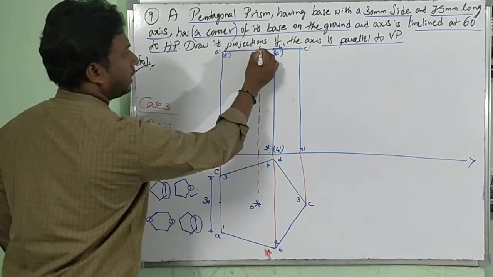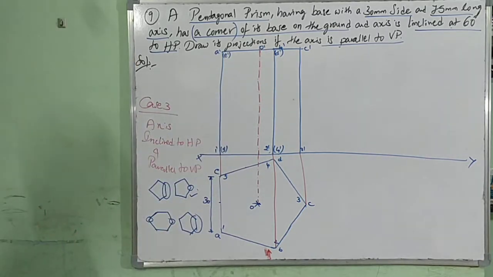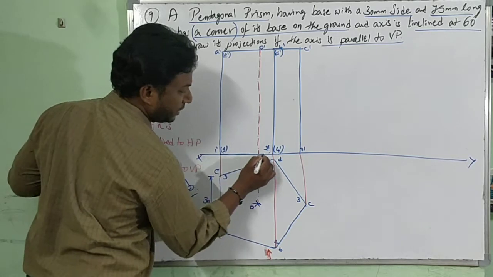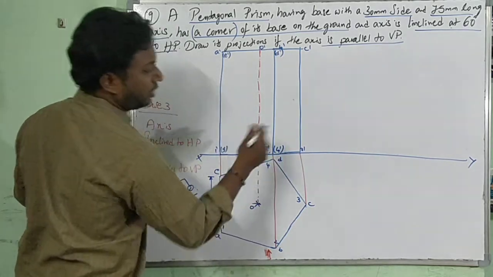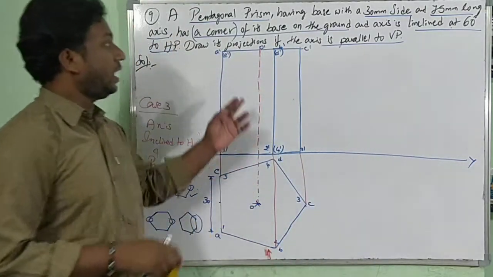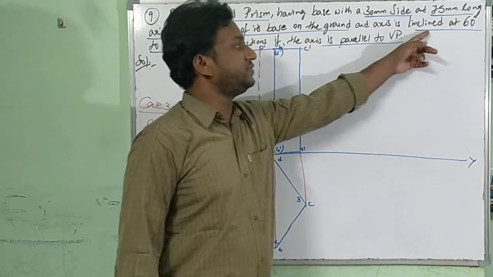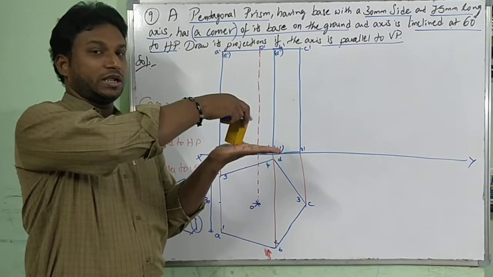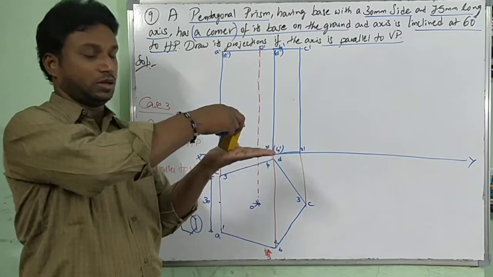For O, I can write here O dash. Simple. This is the initial step 1, where you can draw the true shape in the top view and front view projections. Everyone, last class I explained the baseline should be thick as we are resting it on the base. Now next is the axis inclined at an angle of 60 degrees to HP. Now at the same time it should come in touch with respect to the corner.